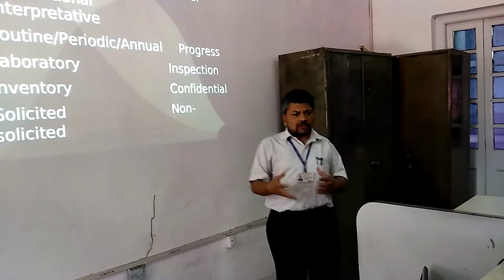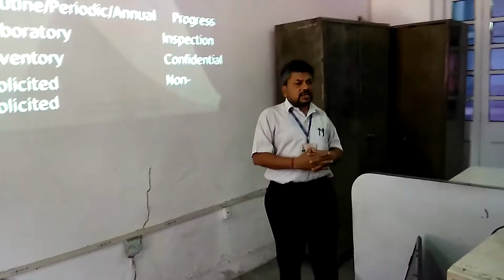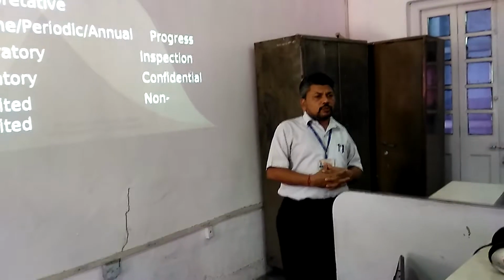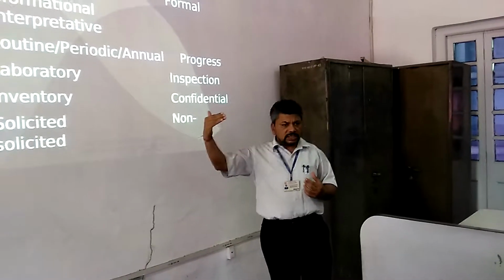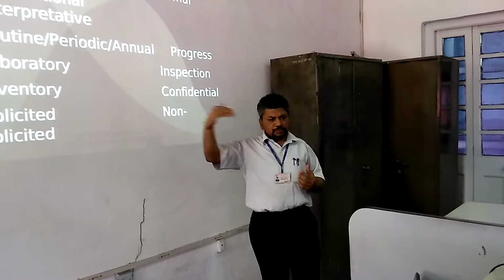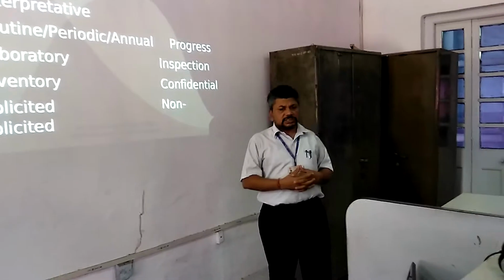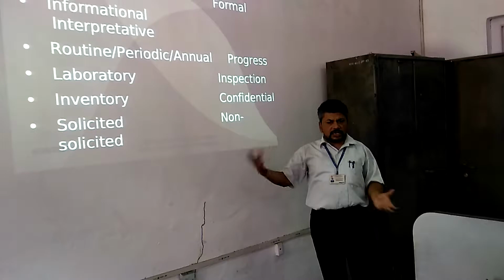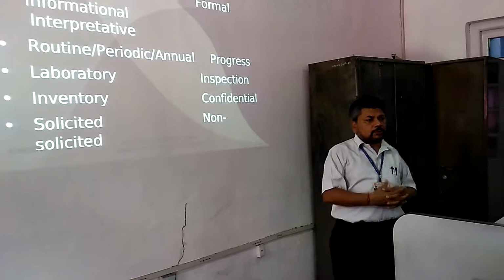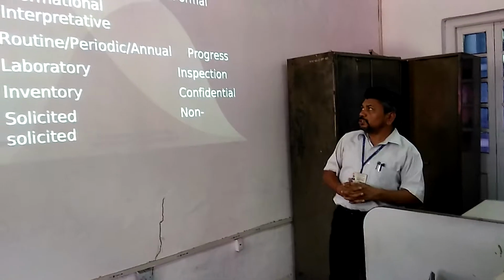Like an able citizen of your community, if incidents of thefts are getting more and more, you will write a letter to the DC, District Commissioner, or SP, Superintendent of Police. It means you are giving the report non-solicited. You take certain problems into cognizance and you prepare a report. Next please.